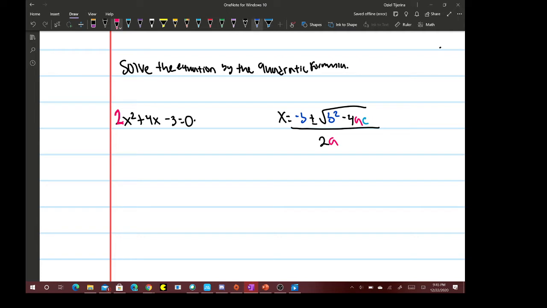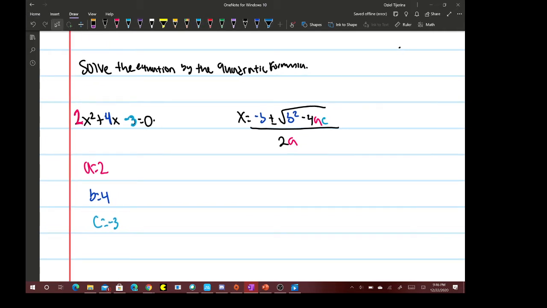b is 4, so this is b, and our c value is 3, okay, or excuse me, negative 3. So that means that we have a equals 2, b equals 4, and c equals negative 3. So the equation would be